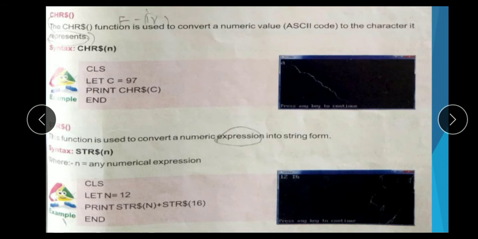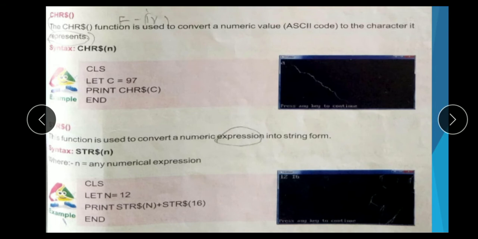For example, let C equal to 97. PRINT CHR$(C). Here C is 97, and it converts the ASCII code 97 to a character.